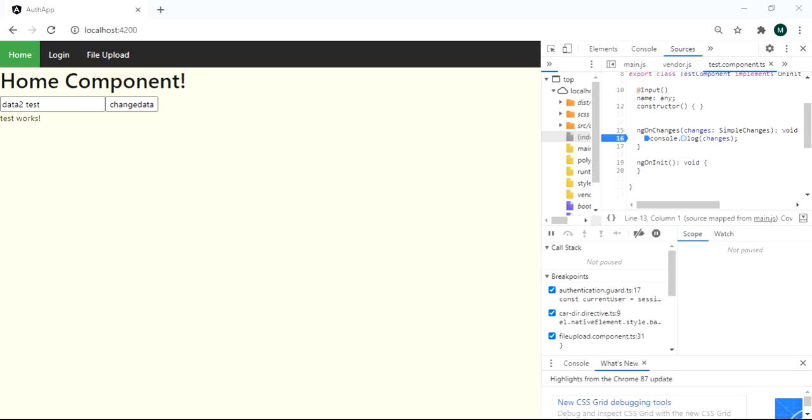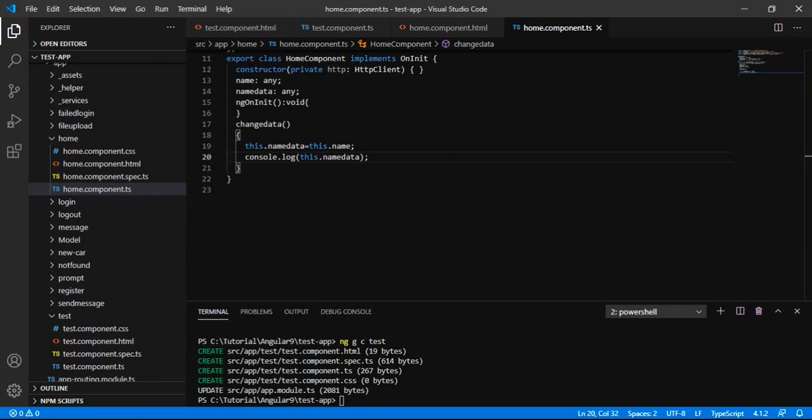So in simple terms, this is a lifecycle hook that allows us to monitor the value of the input to our components and directives, and allows us to branch out logic to react differently when those values are getting